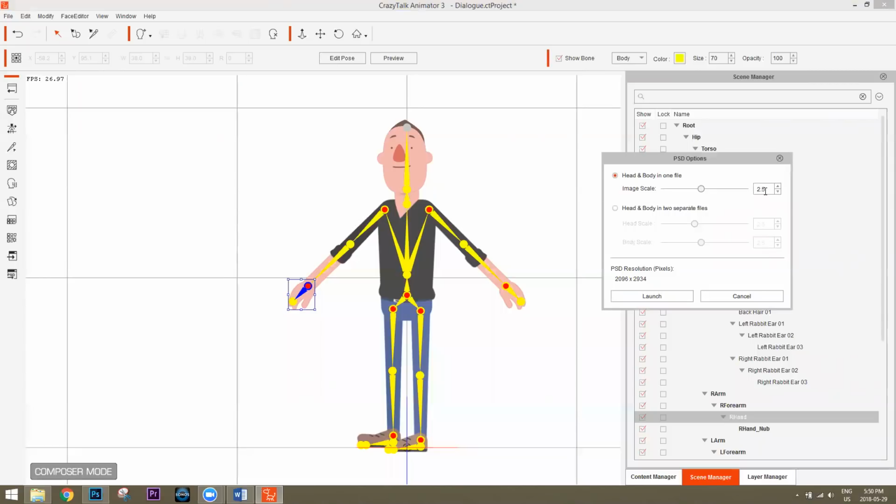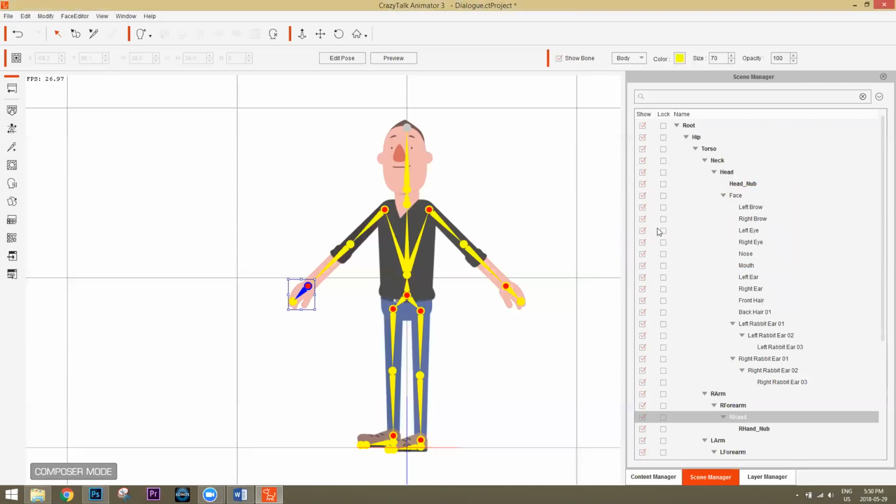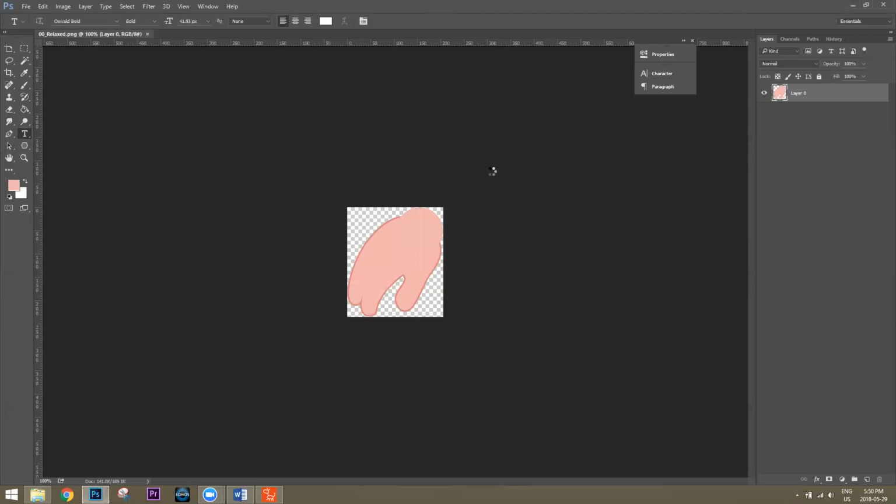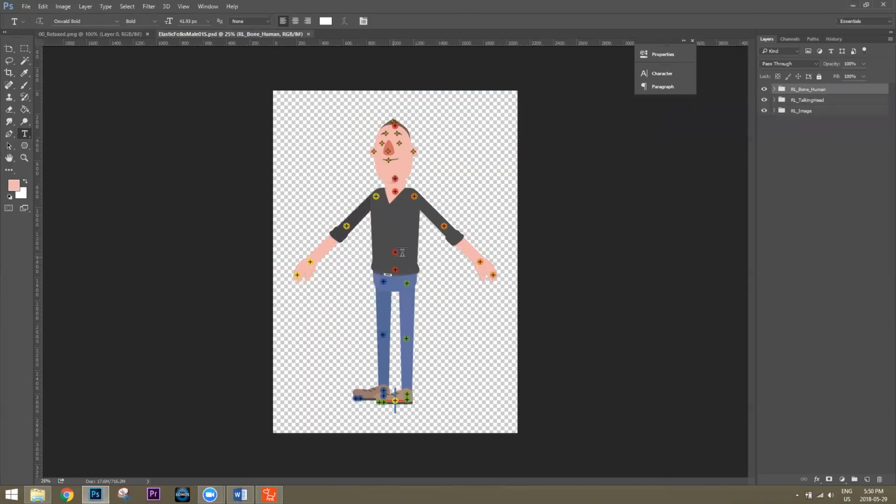Generally, you want a higher image scale, because you want the resolution of all your characters' body sprites to be high. Not as high as possible. I think 2000 by 3000 is a fine resolution. And then you just launch that in Photoshop. That notification that came up said it's going to change it from a vector element to an image-based element, okay? We won't get into the details of that right now.